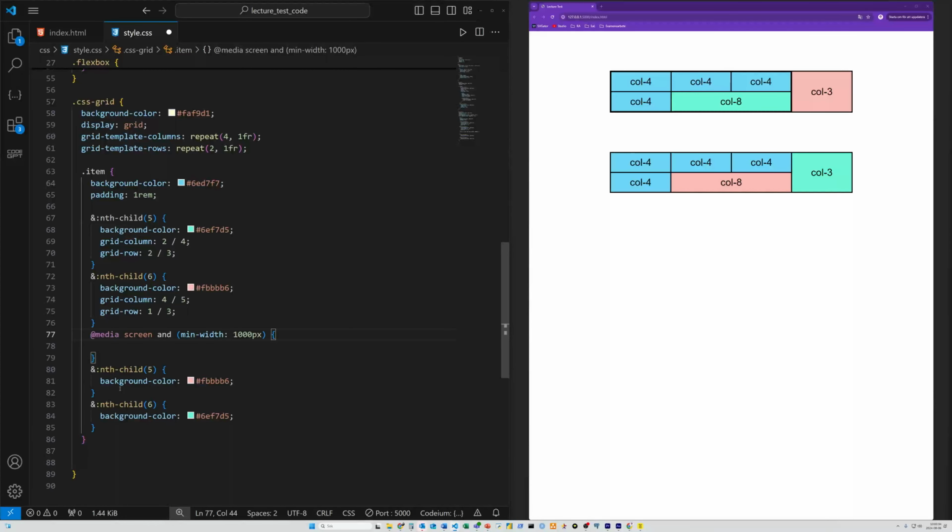Now, what does it mean really? It says that whenever the size is at a minimum, not that the size is less than, it's the minimum of it is 1000 pixels. The things that I type in here are going to be true. I rarely paste things like that. I'm using these values because they're more common. I never use something like 1000 pixels, because